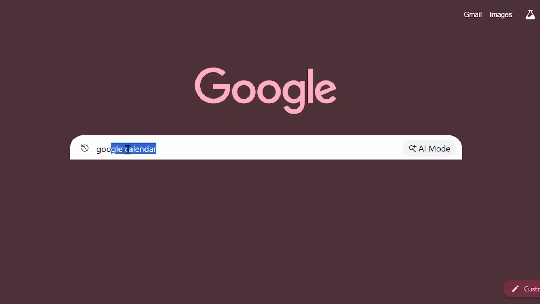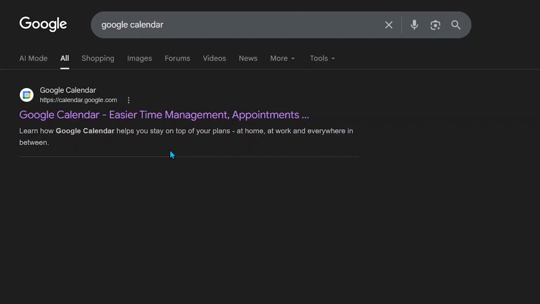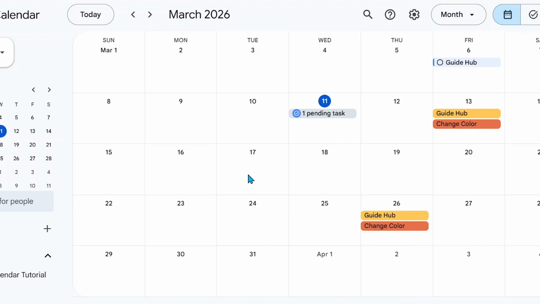Type Google Calendar in the address bar and press Enter on your keyboard to begin searching for the service. From the search results, find and click on the official Google Calendar website to ensure you are accessing the correct platform. Once the page loads successfully, the Google Calendar dashboard will appear on your screen, displaying your schedule and calendar layout. Next, look through the calendar and select the date where you want to add a reminder with an Excel